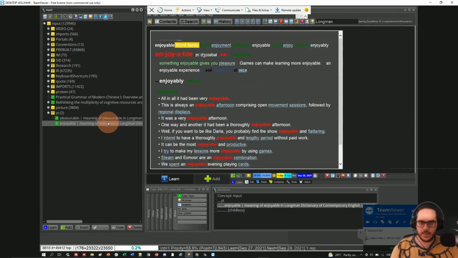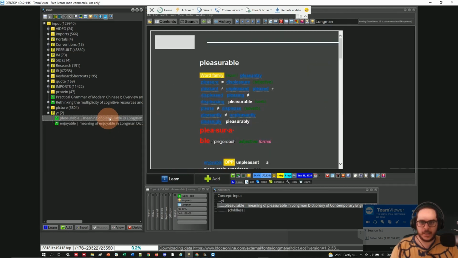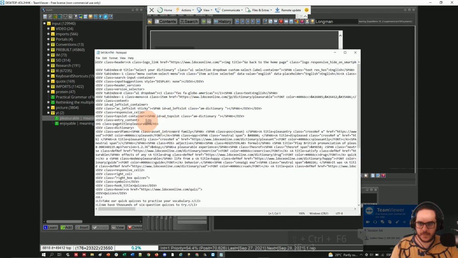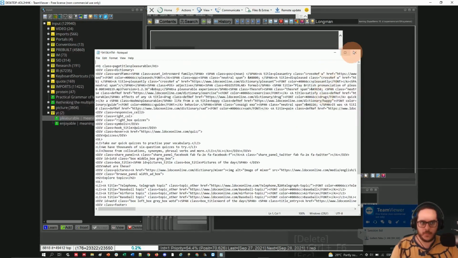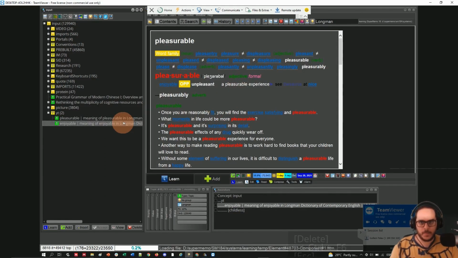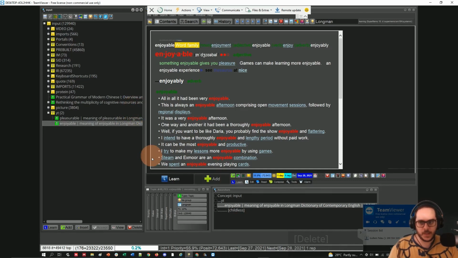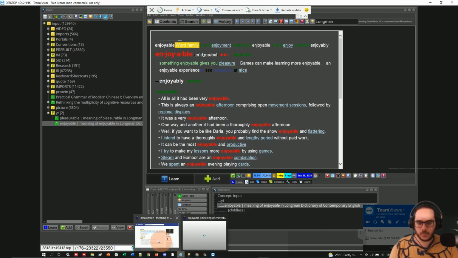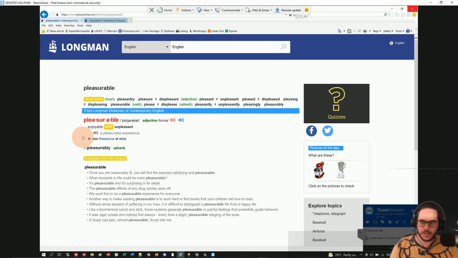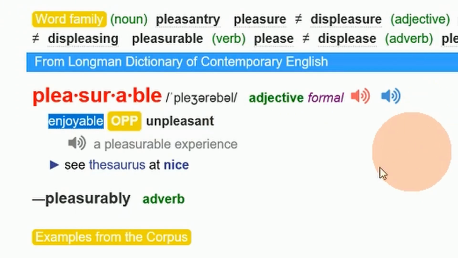So notice that it's imported. There's a slight difference here. I don't know why. I have more stuff that I have to get rid of. For whatever reason, the import is not exactly the same, but that's not the point of this video. The import is all good. Now what will happen? I have enjoyable and pleasurable, but if I leave just enjoyable selected,